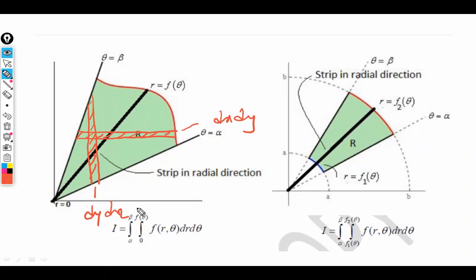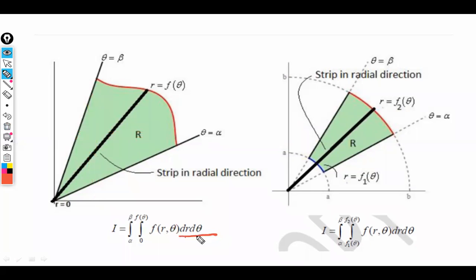But in polar, the order of double integration is always fixed. There is only one order, and that is dr d theta. The outer limits are always of theta, and they are always constant. So in polar form, the order of the double integral is always dr d theta, and the outer limits of theta are always constant. So there is no change of order. There is no concept of a change of order in polar form. It has a fixed order, that is dr d theta.